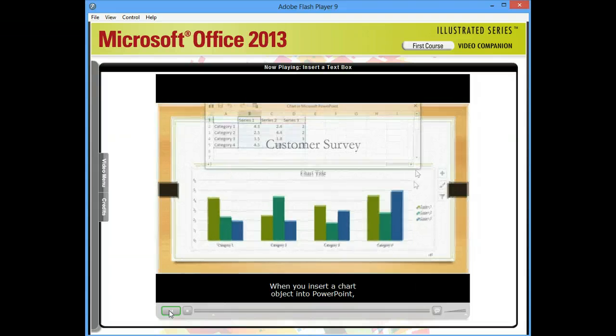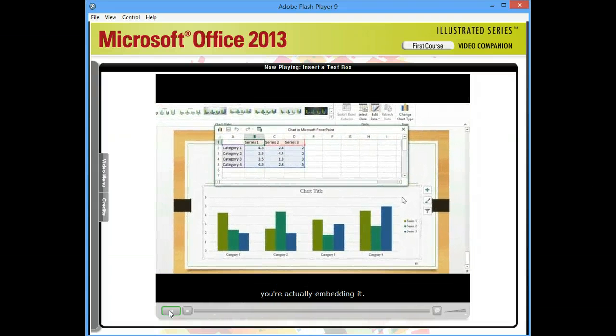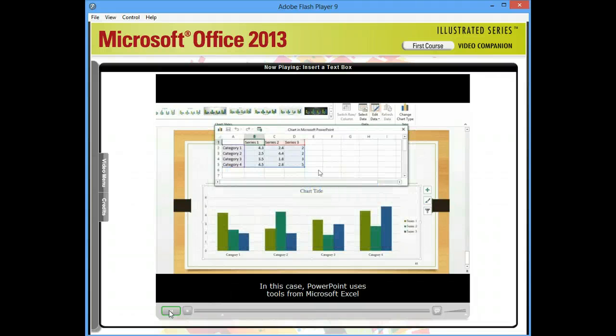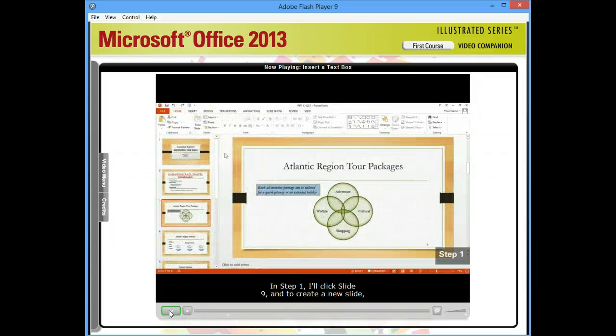When you insert a chart object into PowerPoint, you're actually embedding it. An embedded object is just like any other object on a slide, except that its data source can be opened and edited. In this case, PowerPoint uses tools from Microsoft Excel to edit the data source and create charts. Let's get started. In step 1,